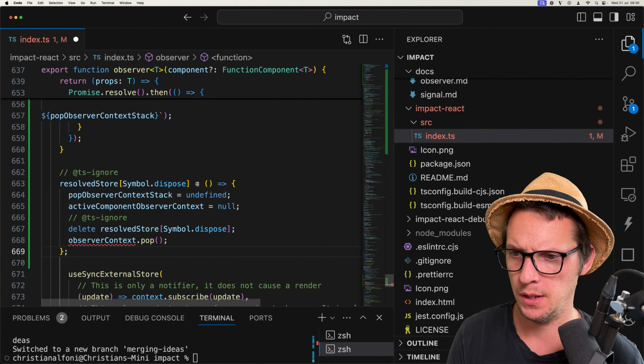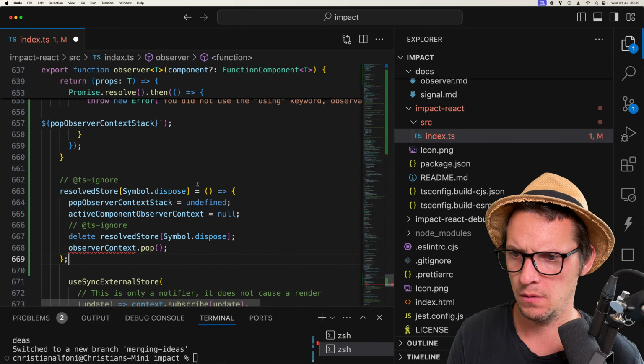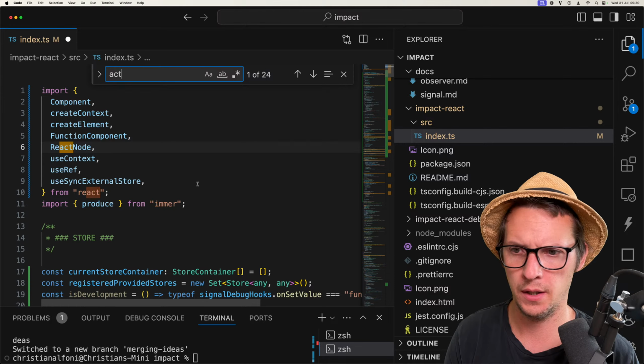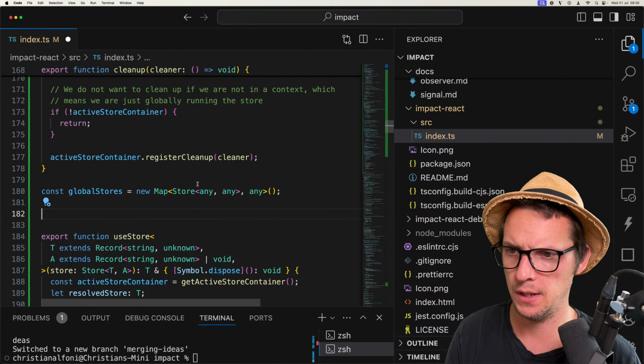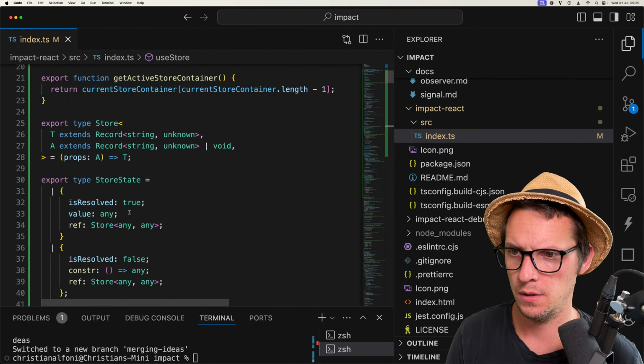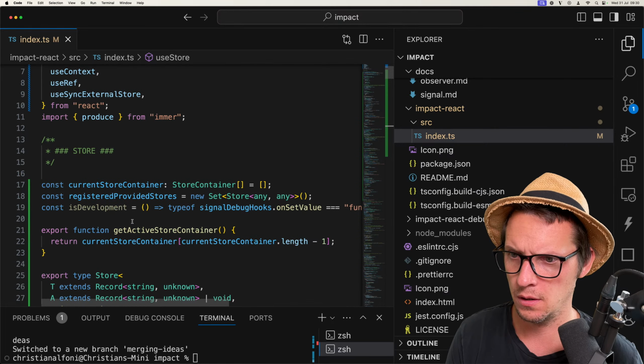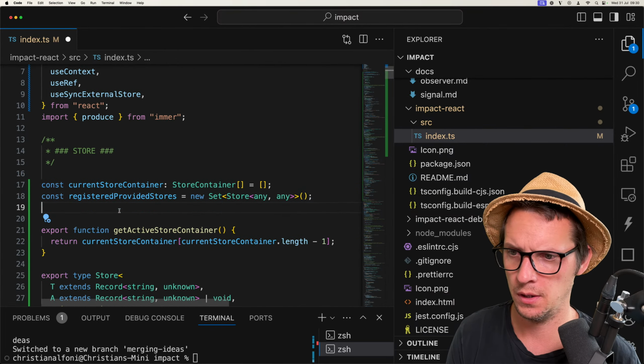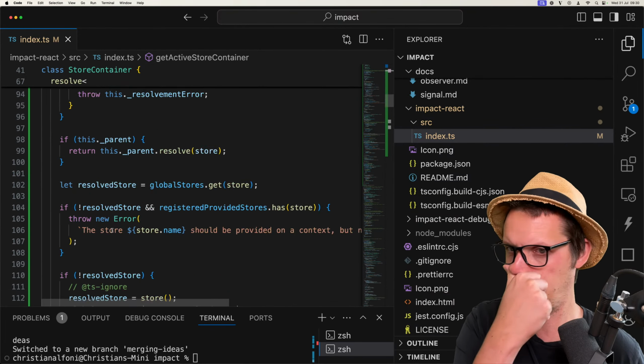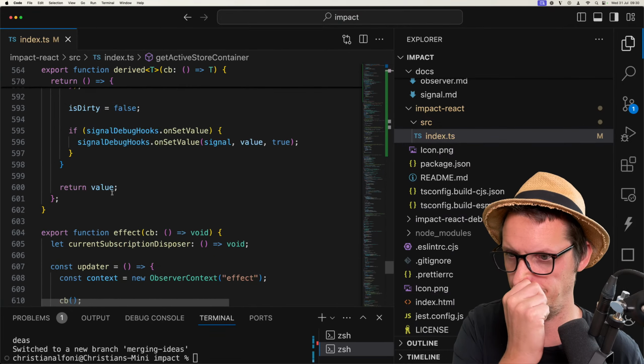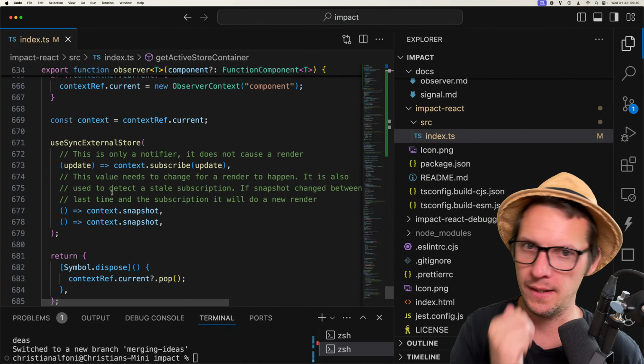Well, I don't think we need that thing. Active component. Okay, we don't need this thing anymore. Are there other things we don't need? Is development? We don't need is development. Okay, nice. Great.